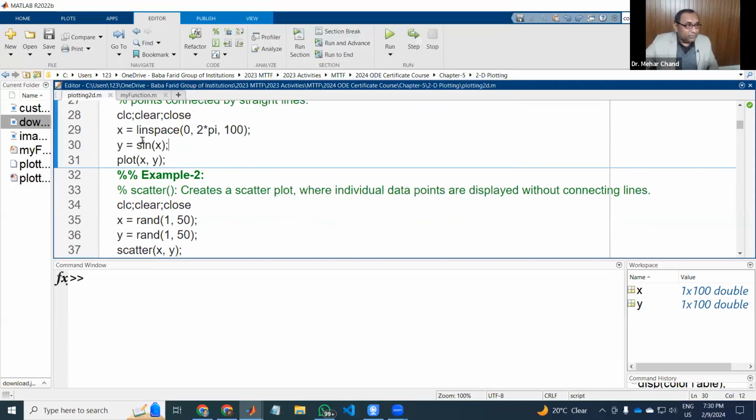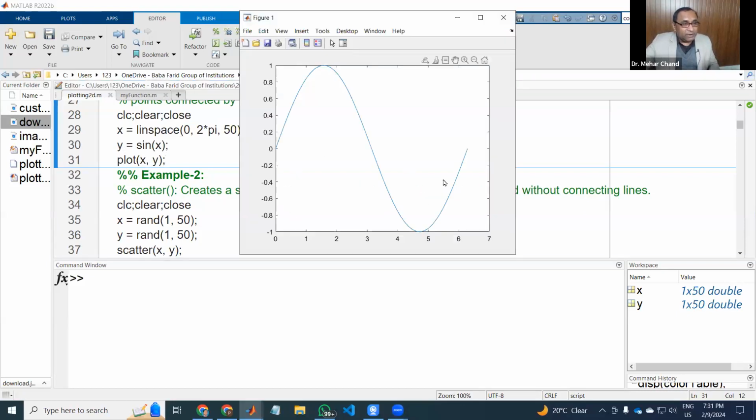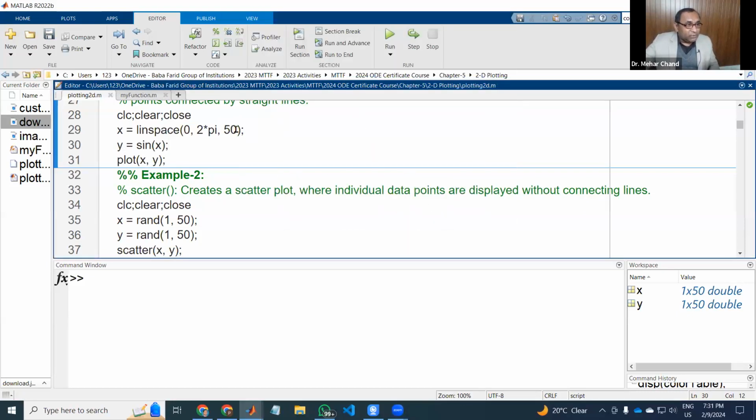You can see there are only three statements. First is the vector by using linspace, and we have the interval. Once again, I am going to repeat: we have 0 to 2 pi, and this is the number of points. If you use 100 here, 100 points will be generated. If you use 50 here and run this section again, you can see the graph is in this way. Again, if I reduce this value to 10 and run,